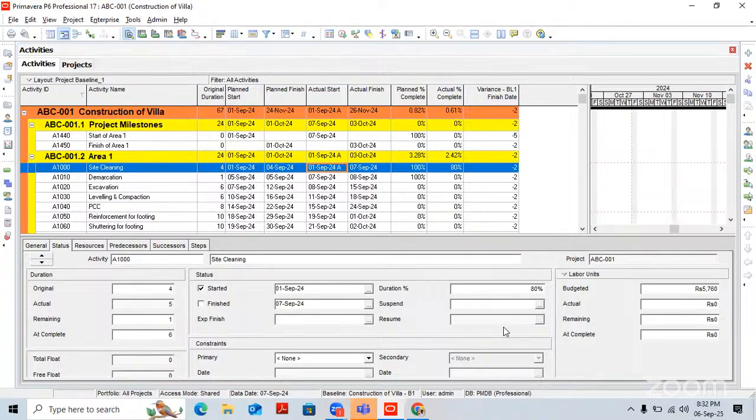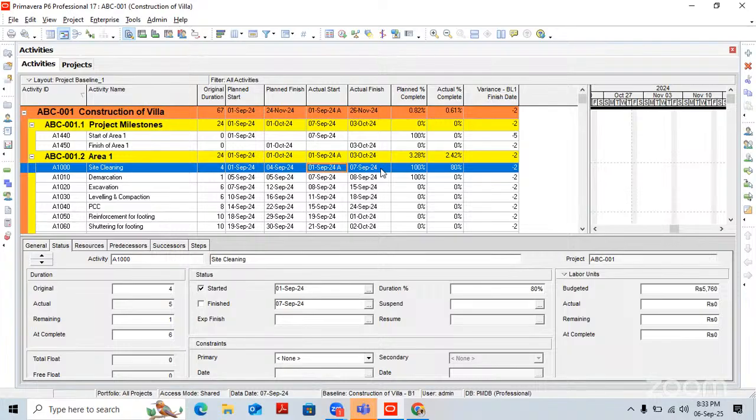So, are you clear how we can monitor and how the planned percentage works? Okay, now here we are. Are you clear about how the completion date is forecasted, how the actual finish is forecasted? Are you clear, or are you having any doubts? I think I'm clear. What of others? Yeah, I'm good. I'm clear with that. Okay. So here, let's say we have started one activity, and now